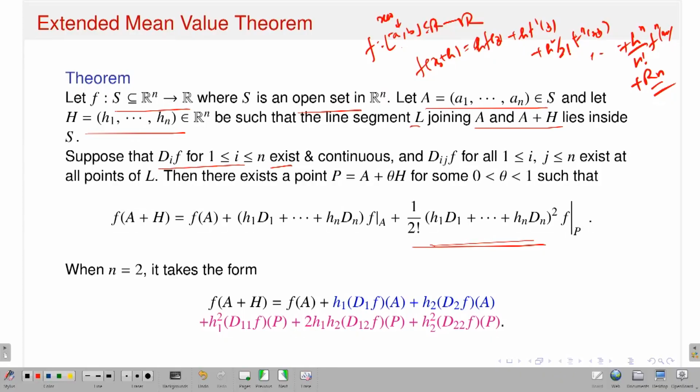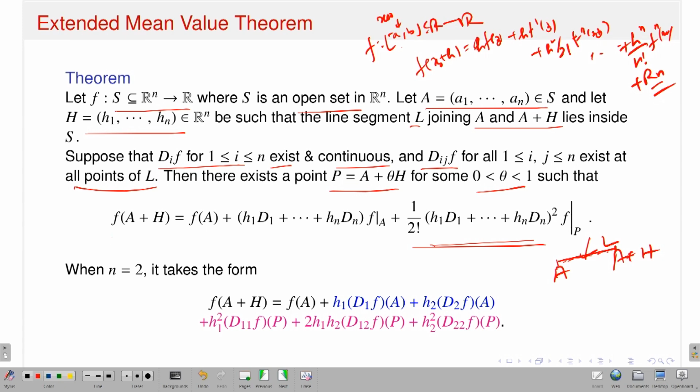Then what is my hypothesis? Suppose that the first order partial derivatives Dif exist and are continuous. That is very important. So the partial derivatives Dif exist and are continuous, along with the second order partial derivatives, which should also exist at all points in the line segment L. So I have a fixed point A, I have A plus H, two points in my set S, and I want the line segment also in that set S. If all the first order partial derivatives exist and are continuous, along with the second order partial derivatives existing at all points in my line segment L, then there exists a point P which is A plus theta H. A is a given point, H is a given point, theta is running between 0 and 1. So that means A plus theta H is some point in the line segment L joining A and A plus H,